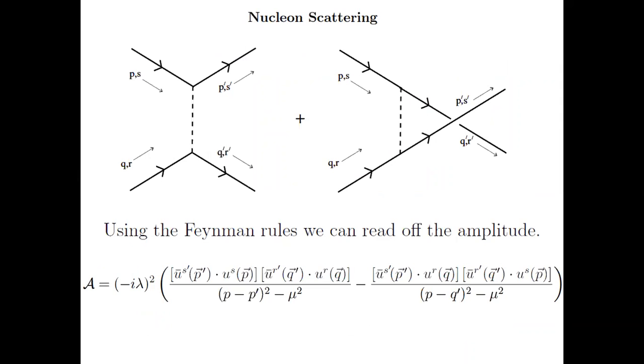Okay, I will now proceed in a rapid way. So here, a particle with spin s and momentum p is incoming, and here a particle of momentum q and spin r is incoming. These both are fermionic particles. They interact here through a meson and they go out. The meson is a scalar particle. The outgoing particles have momentum and spin p prime, s prime, and q prime, r prime. We have to calculate the amplitude for this process.